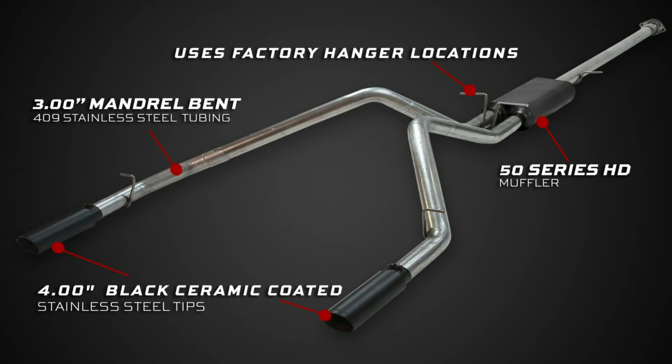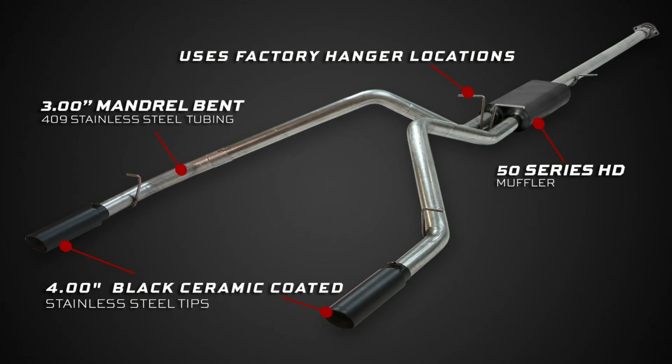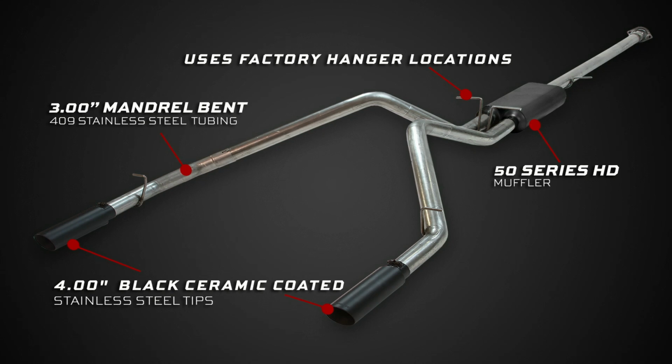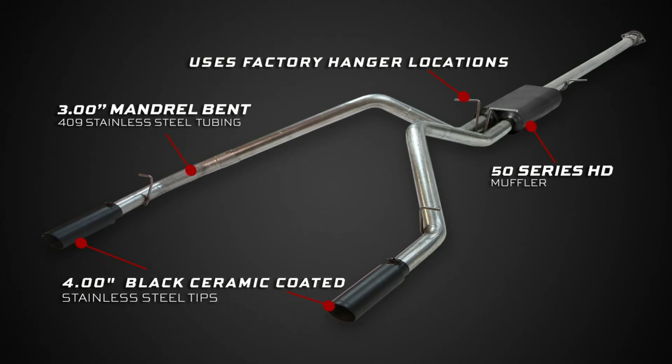This easy-to-install bolt-on catback dual exhaust system is constructed of durable 409S stainless steel, includes our 50 series HD muffler, features 3-inch mandrel-bent tubing for maximum performance, and finishes off with dual 4-inch double-wall stainless steel black ceramic-coated tips with